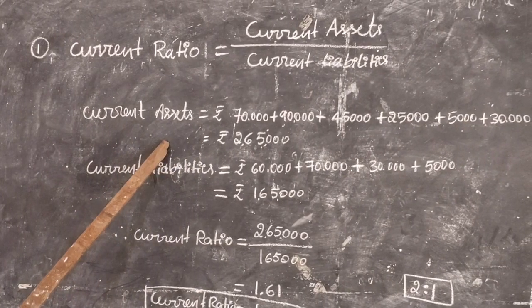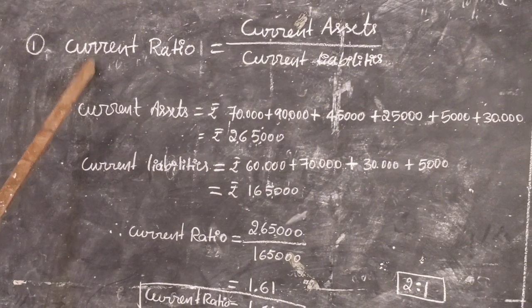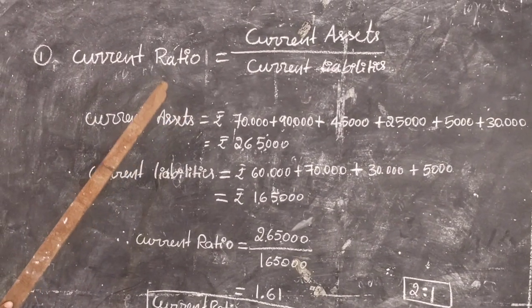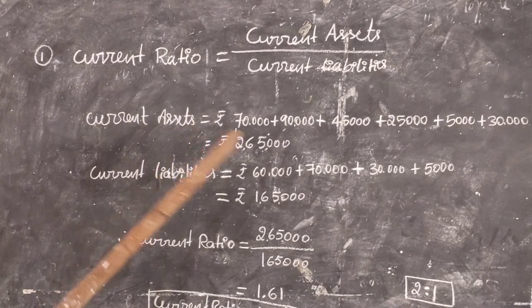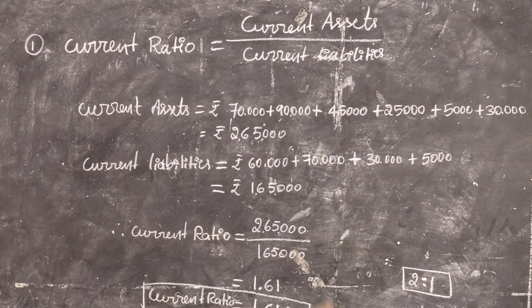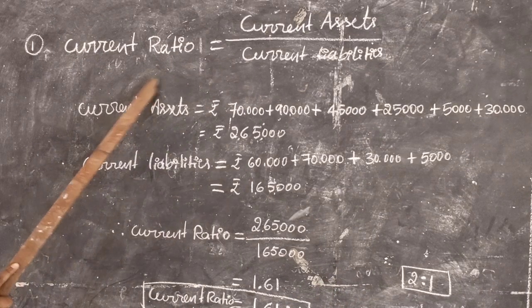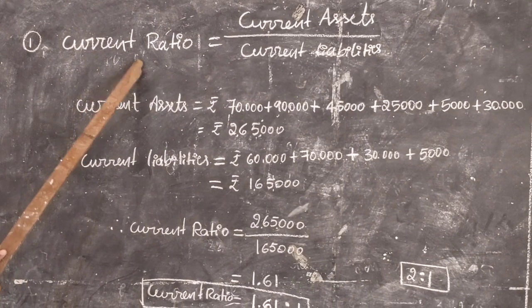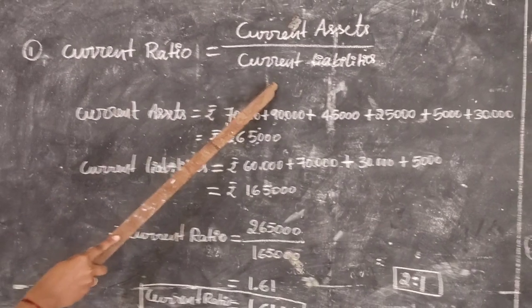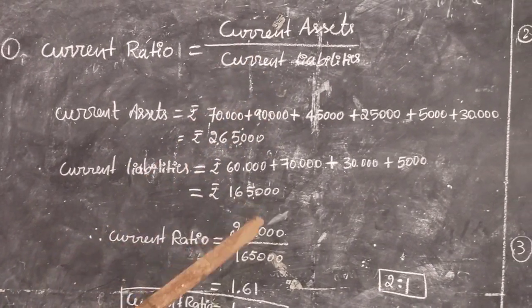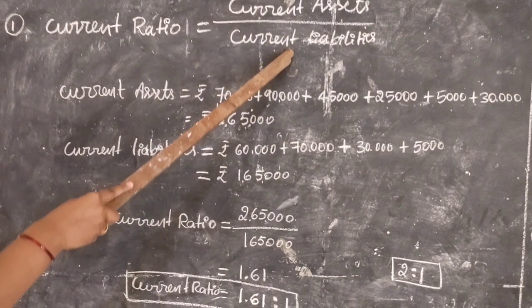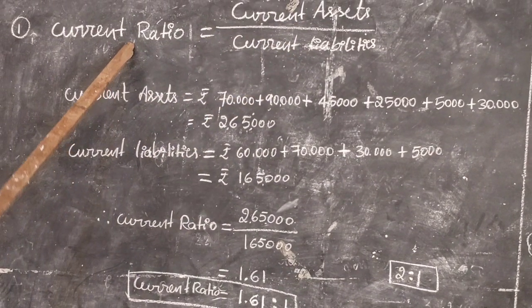This is the solution here. Firstly, we need to calculate the current ratio. Here is the formula, and I already sent you the number of formulas relating to the accounting and inventory ratios. You have to read those formulas, and here the first one is called as current ratio. Current ratio is equals to current assets divided by current liabilities. I already told that from the given above balance sheet we need to pick only the current assets and we need to pick only the current liabilities in order to calculate the current ratio.